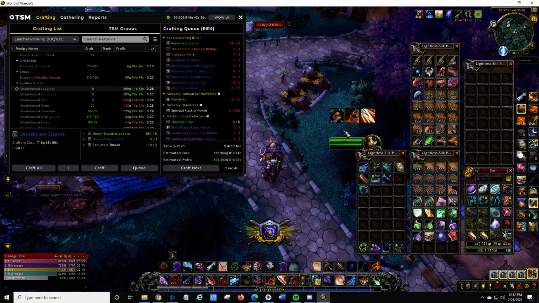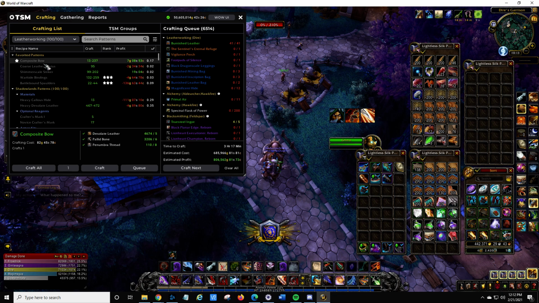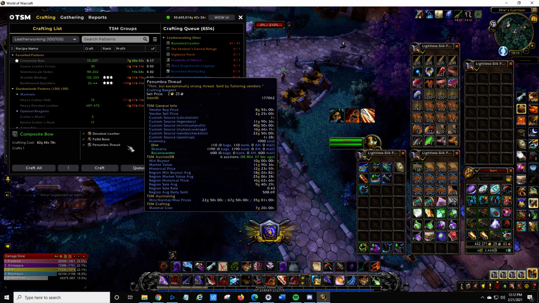It's basically the act of crafting something, and then you end up selling the end product, but maybe on a mass scale. That's why early on, people were making tons and tons of composite bows, and that's why Blizzard bumped the penumbra thread from maybe 4 up to 8. The cost of penumbra thread went from like 4 gold if you're exalted to 7.2 gold. So they really nerfed that. You can still make 7 gold, and at about 2 seconds to craft an item,